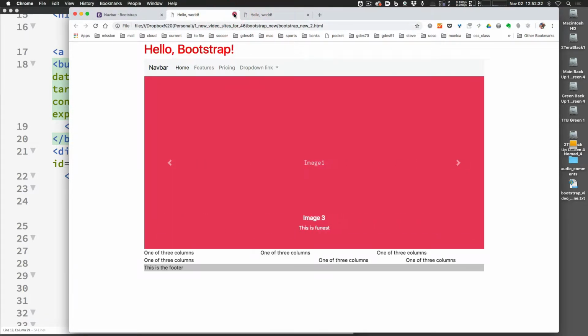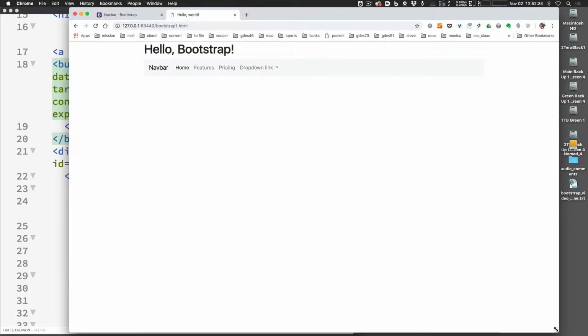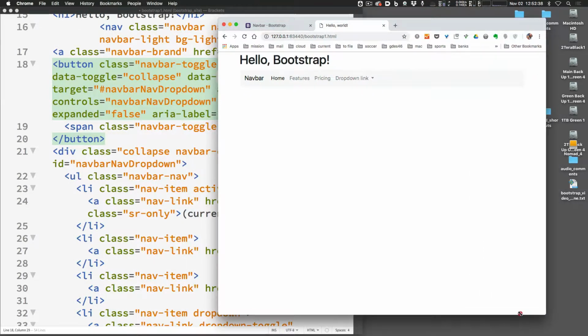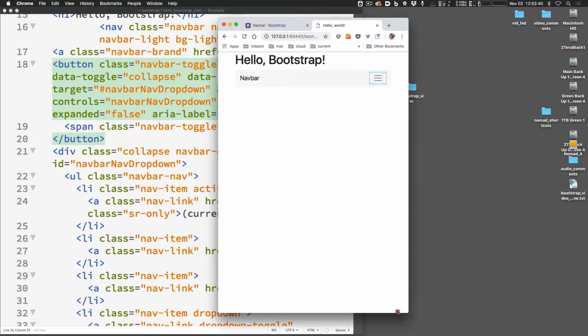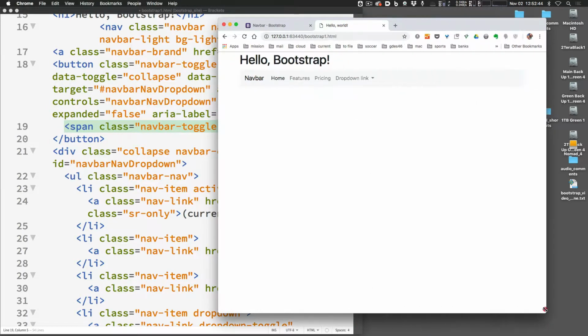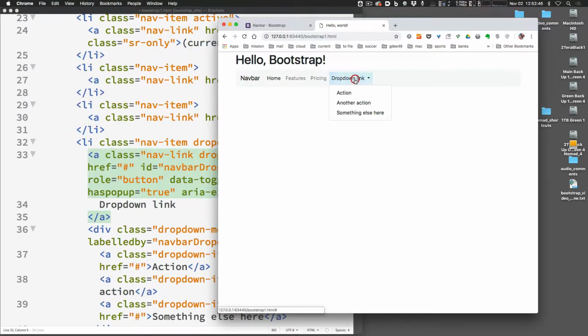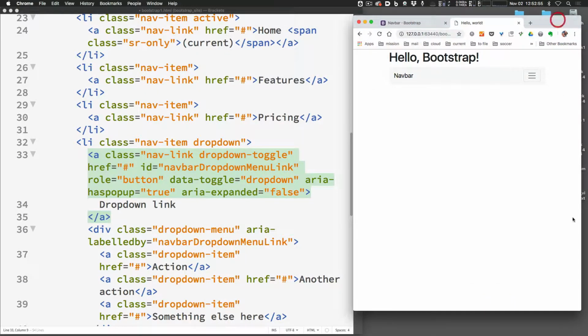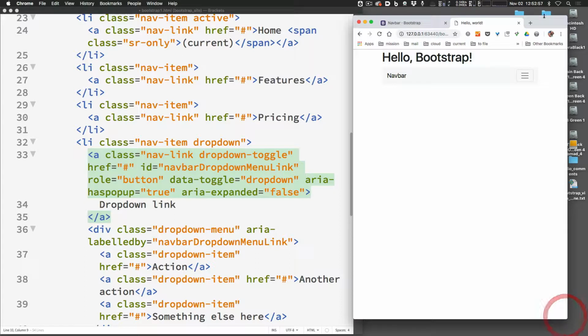Let me get rid of this one that's finished here. This is what we see now. And you can see, if you can see it on your screen, as I resize that, it becomes responsive as I get down to this spot, right? And then I go bigger and it works like a regular navbar with a drop down too. So pretty good, right? Lots of copying and pasting. Who doesn't love that? It's good for lazy, I don't mean lazy, I mean efficient workers, right? So, okay, so